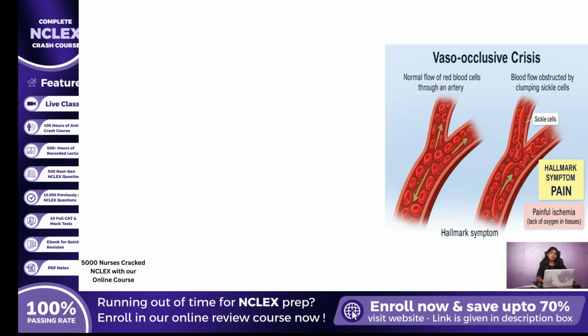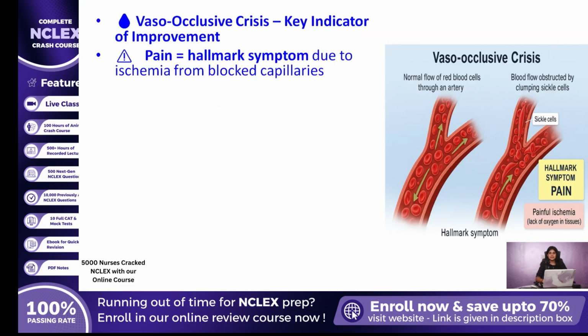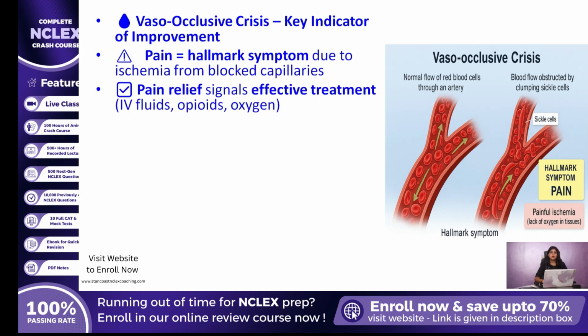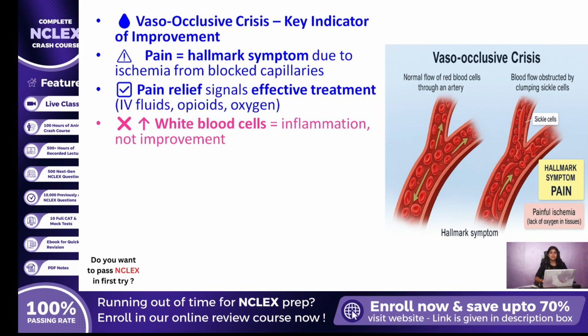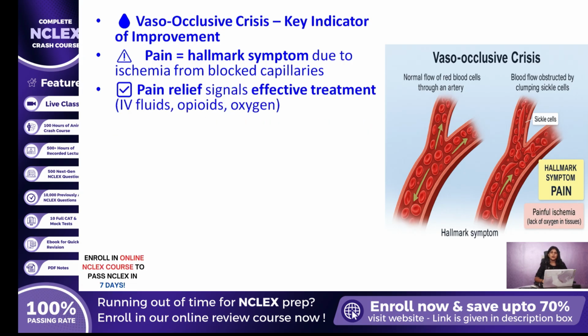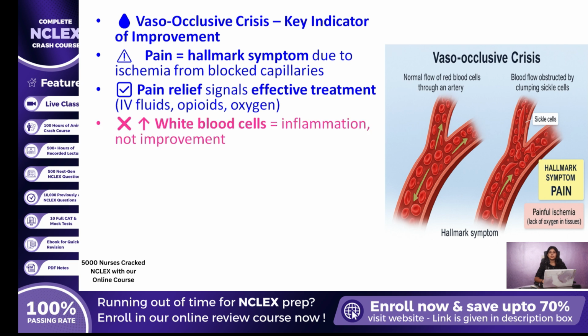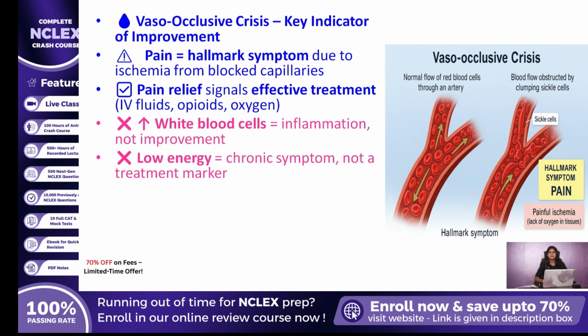Here is the rationale. Pain is the hallmark symptom of a vaso-occlusive crisis, caused by ischemia from obstructed capillaries. When the client reports a decrease in pain, it suggests that treatment, such as intravenous fluids, opioid analgesia, and oxygen, is effective. In contrast, an increased white blood cell count is commonly associated with inflammation during a crisis and does